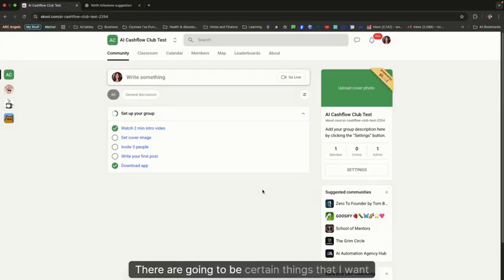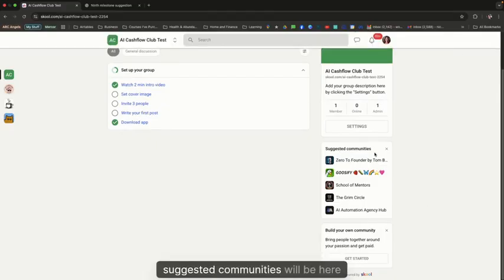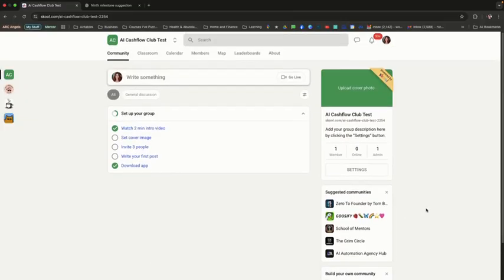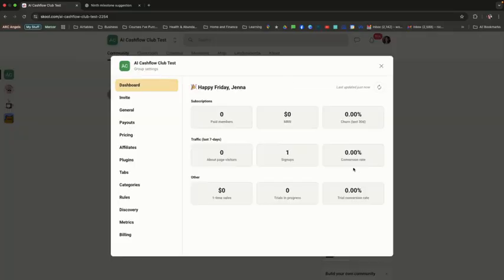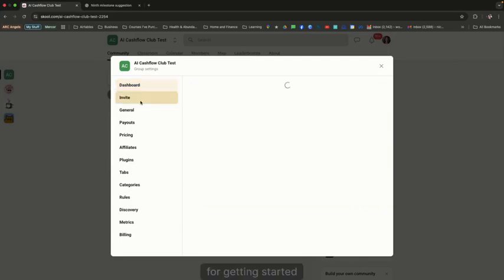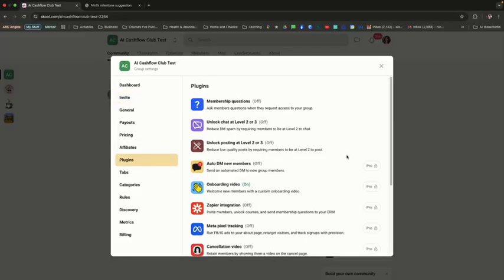There are going to be certain things that I want to show you. As I mentioned, suggested communities will be here, and your members will be able to see other communities that are being promoted. So that's one thing. The other thing is in the settings tab. Same things apply for getting started and everything here, but under plugins, these are all Pro features,